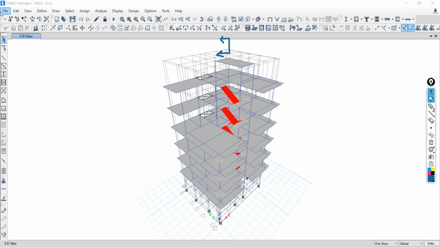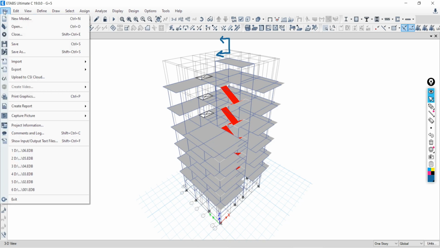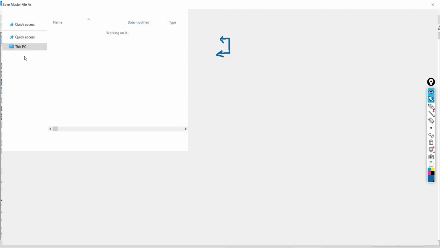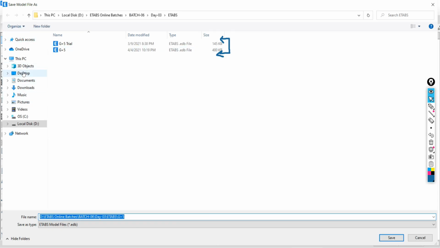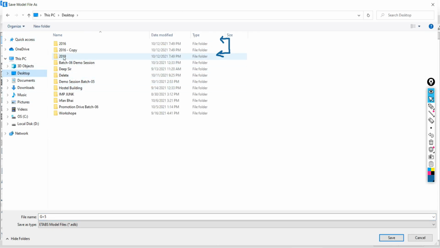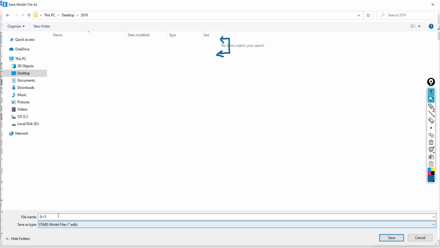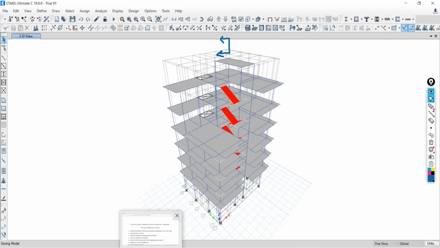Try to understand. Go to File, Save As, save this file on the desktop in the 2019 folder as trial 01. Save this file. This is all done. Now close this 2019 version model.